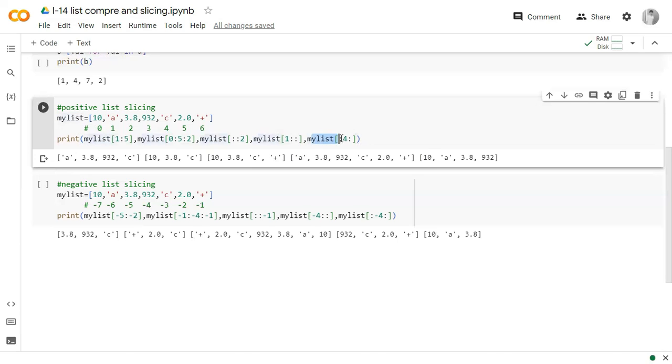Now my_list[:4:]. So the start value will be 0, the end value will be 4 minus 1, which is 3, and the jump value will be 1. Hence, what will be the answer? 10, A, 3.8932. Okay, then